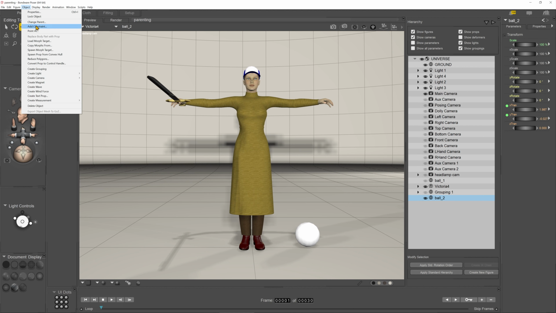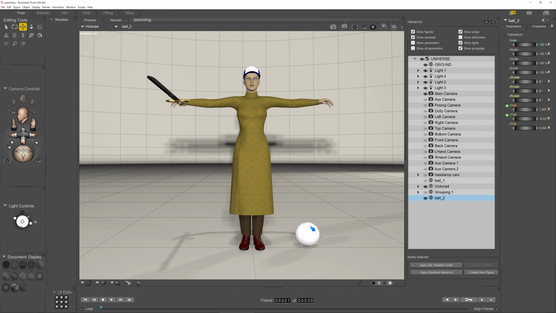So I do object group and add constraint. And what a constraint does is it constrains an object to another object. So supposing Victoria is a soccer player, and we have an animation where this soccer ball is kicked into the scene, and then she receives it on this foot, and then maybe does some trick where the ball stays attached to her foot. In the past, what you'd have to do is you'd have to set up a keyframe at the start